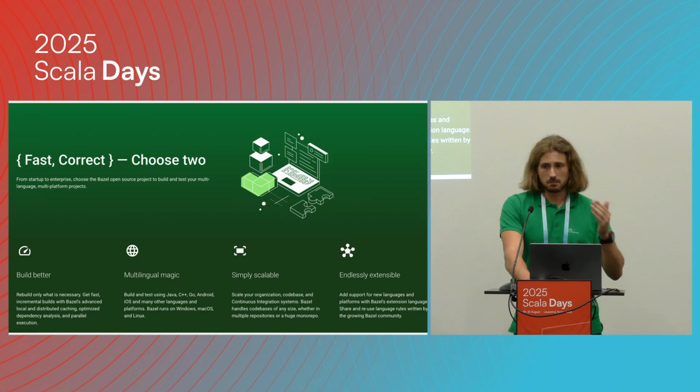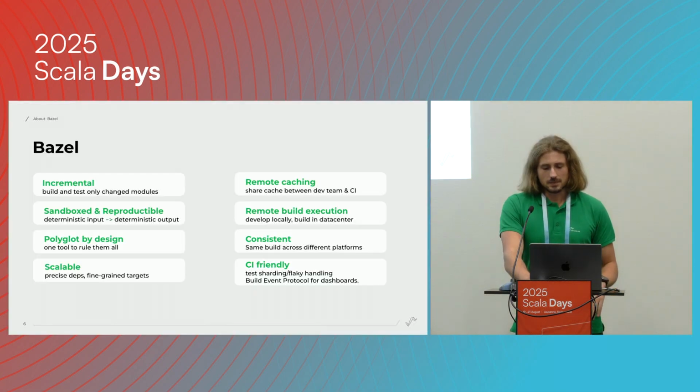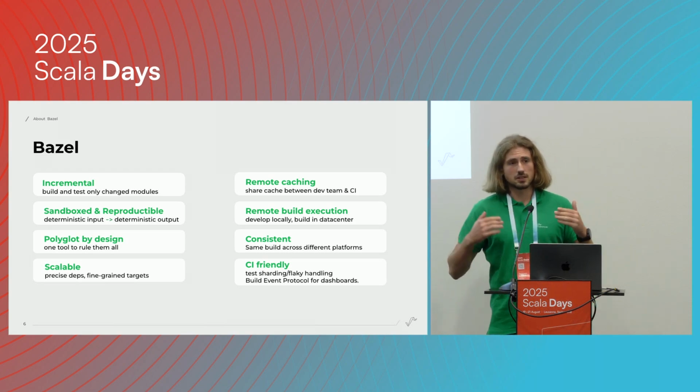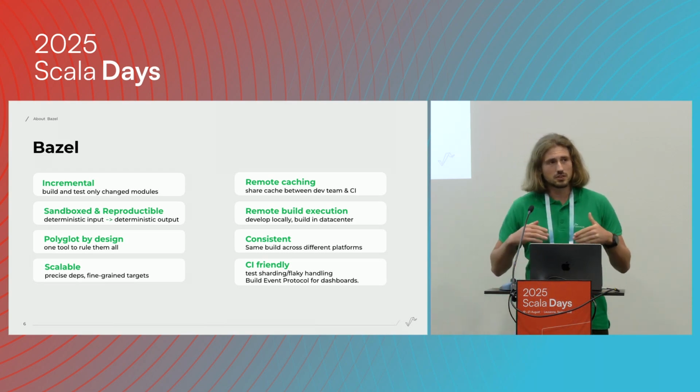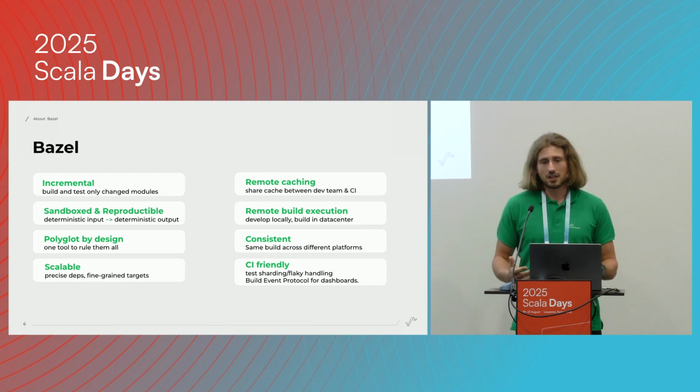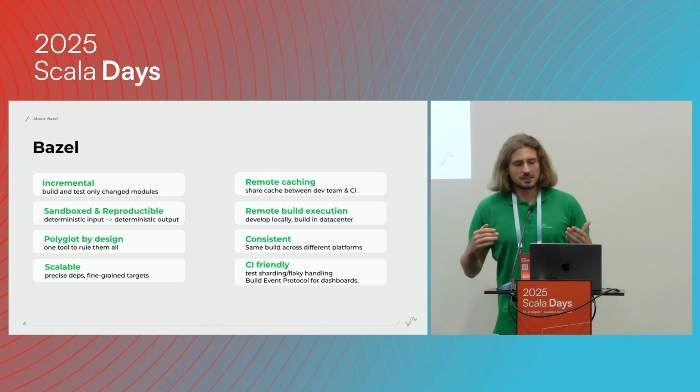You mix Java, Python, C, or whatever you want. And it needs to scale. It needs to be buildable. You need to be able to still be efficient, even though there are so many different dependencies